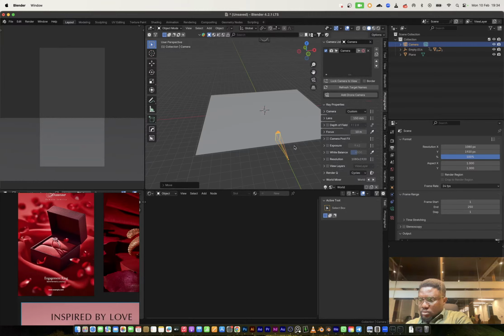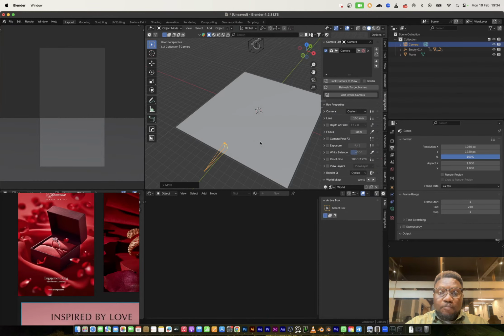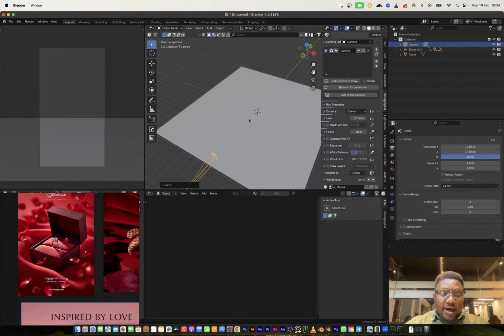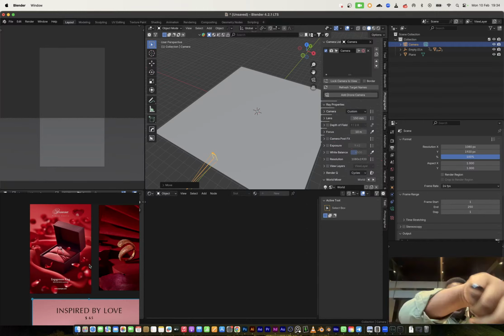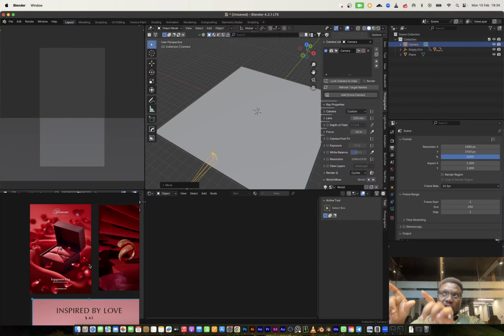All right, let's get back to it. So, what I want to do is pretty easy, right? We have the ring and the box on the scene, and I'm just going to set up something simple that will contrast with the red box and the ring inside it, but something that's going to be a little bit of a complication. I don't think it's going to be hard. I'm going to have a ribbon come into the scene and just go out, and that ribbon is going to have like a Happy Valentine's Day on it. I have to figure out how that animation is going to work.